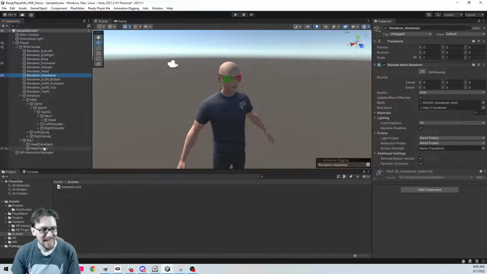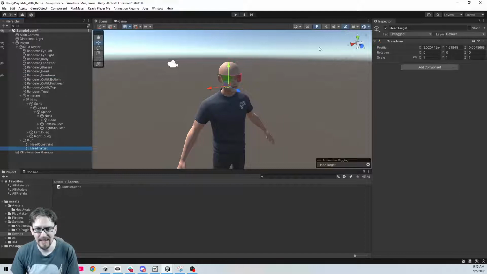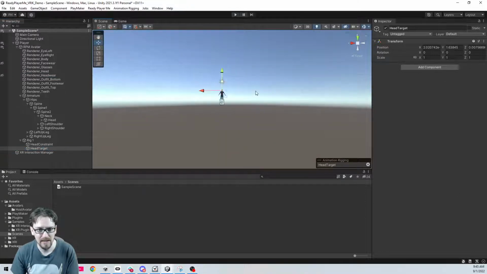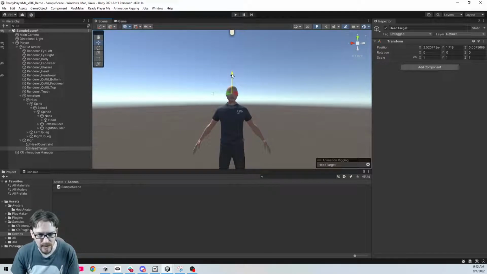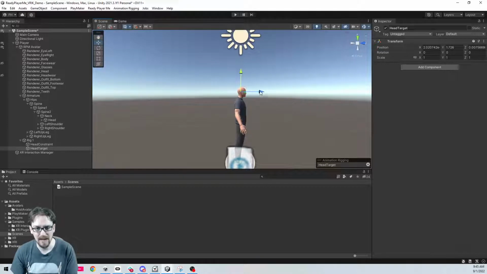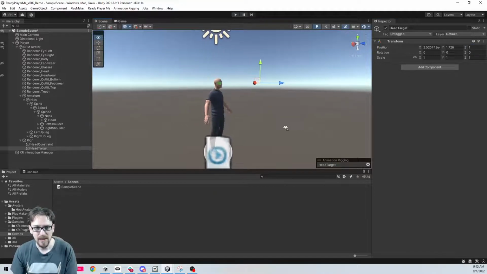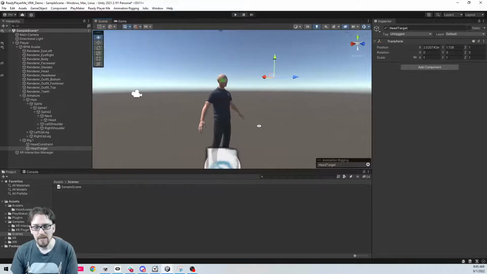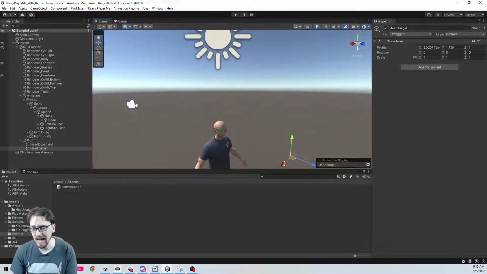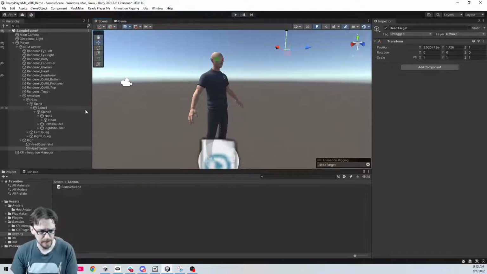So I'm going to take my head target and let's just go dead on here. Hit F. I'm just going to move my head target right there in between the eyes. All right. And then, I mean, it doesn't really matter how far forward I go, but I definitely want it to be forward a good bit. Just for fun, let's do it a whole meter. Boom. We're a whole meter ahead now. That's where the head is going. And based on your rig, you might find it's better to be higher or lower, so you'll just take a look and see if you like it.